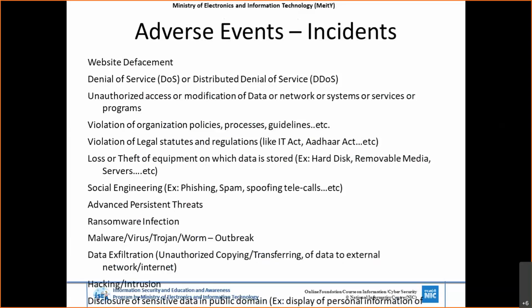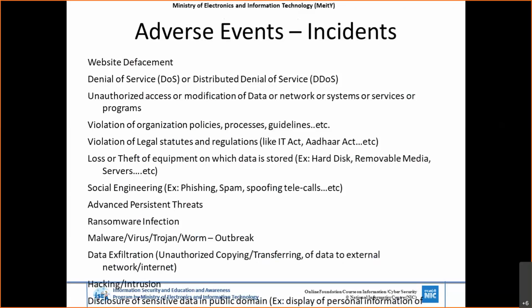Organizational policy violations. If you are working with legal authorities, you may be well versed with violations of organizational policies, IT acts, implementations in the organizations. This is identified. And social engineering attacks, explained in previous sessions also: phishing, spamming, and spoofing methodologies, how attackers are leveraging these types of attacks to extract information without touching the servers. They are extracting your information